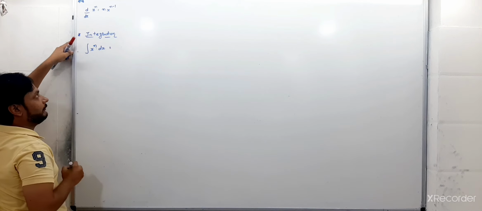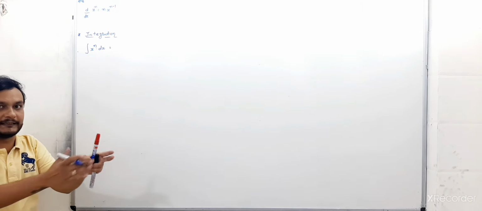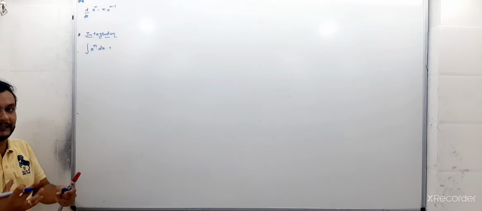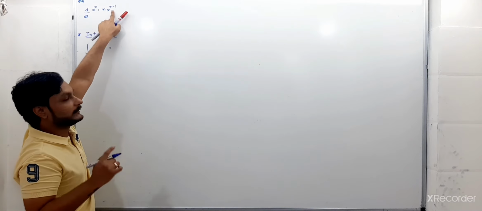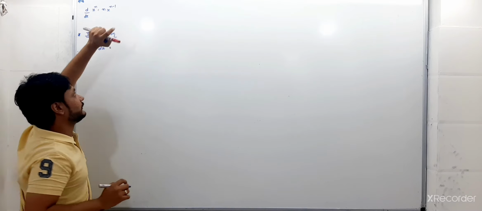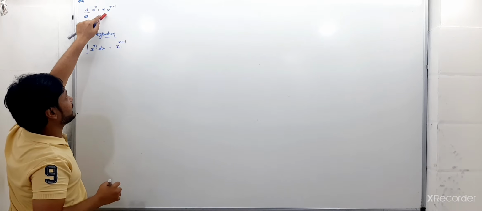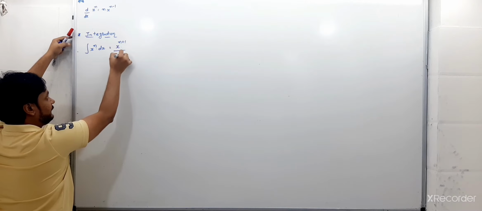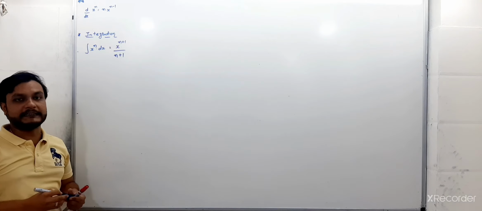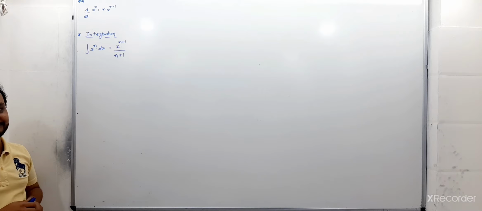So what should the formula be? Look here at differentiation. In differentiation we were taking the partial value, that means dividing our value, right? So in integration, we will combine together. It's the inverse of this. Here we were reducing the power by 1, so in integration we will increase our power to n plus 1. In differentiation we put our power in multiplication, so in integration we'll put our power in the denominator. This is the formula for integration.